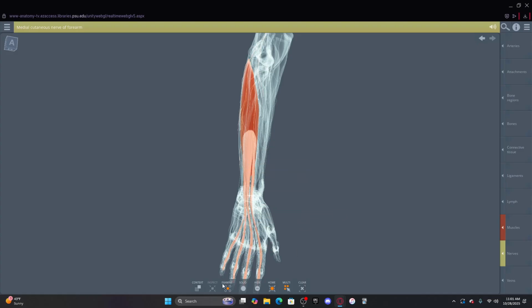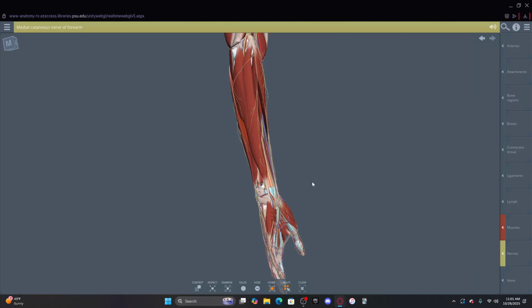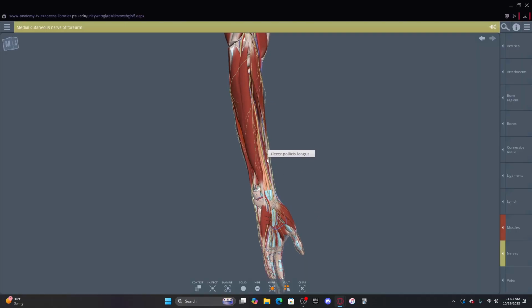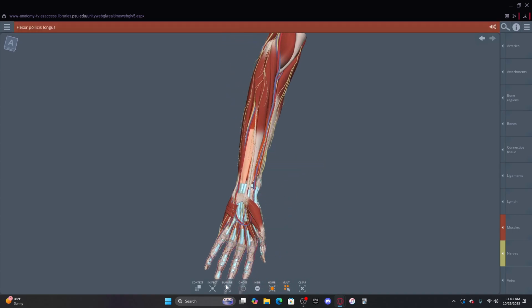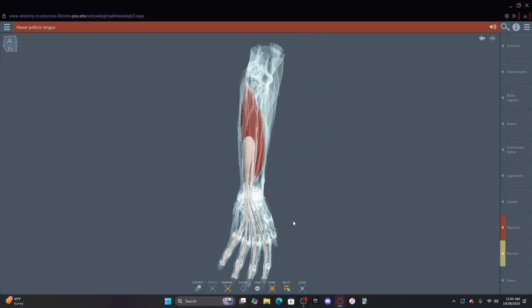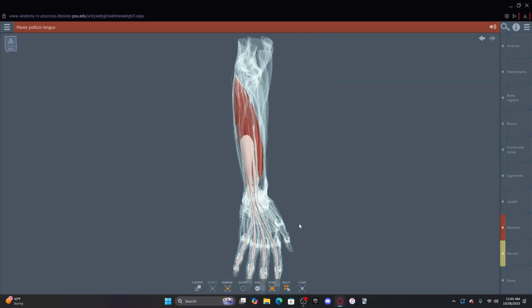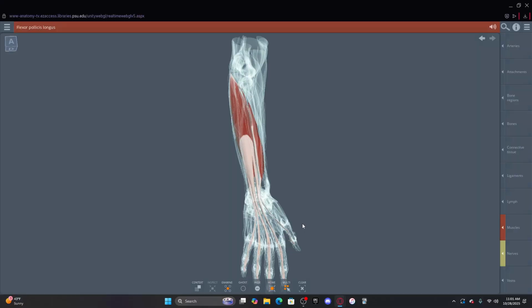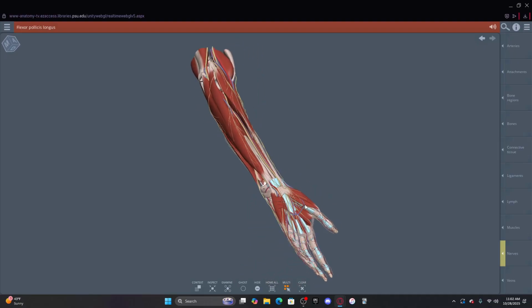So, in saying that, we have one more muscle in the anterior compartment that we need to know, and it is flexor pollicis longus. Pollicis means thumb. Of course, you know what flexor is, right? So that's flexor pollicis longus. And I'm going to still click it in selection so we can see it next to flexor digitorum profundus. You can see it right next to flexor digitorum profundus. So I want to deselect digitorum profundus so we can only see